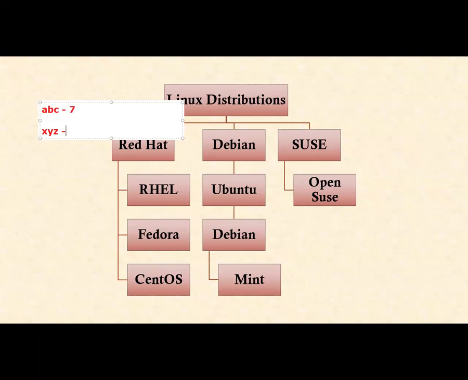Do you see XYZ is also having 7 floors? Maybe, it is possible, right? Let's say the ABC shopping mall is spread over, let's say, 4 acres of land. Do you see XYZ is also spread over 4 acres of land? Maybe it is possible. All right. Let's say ABC shopping mall is having, let's say, 250 employees. XYZ shopping mall, maybe they are having 230 employees. So there can be some difference there, right?